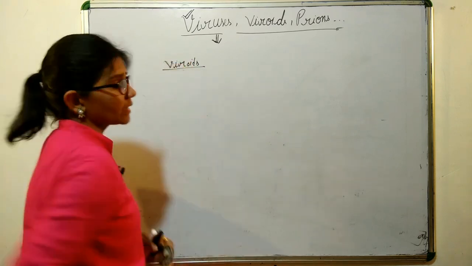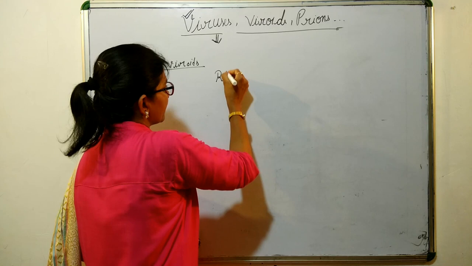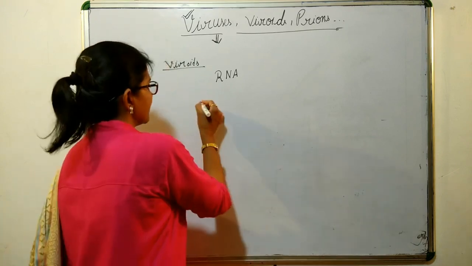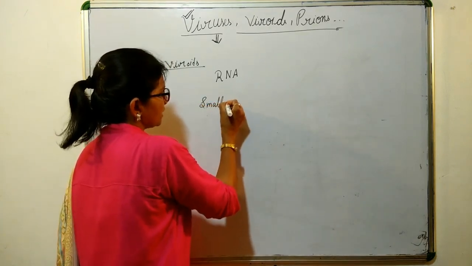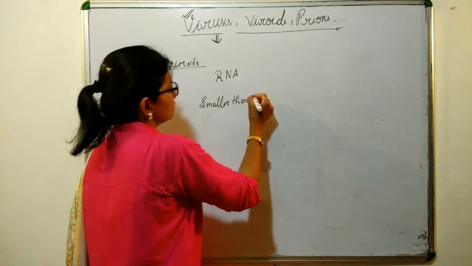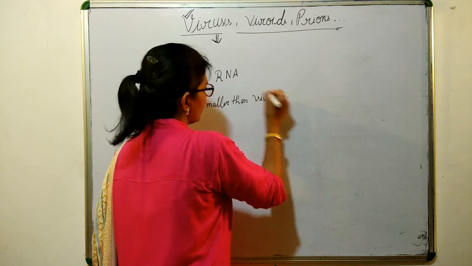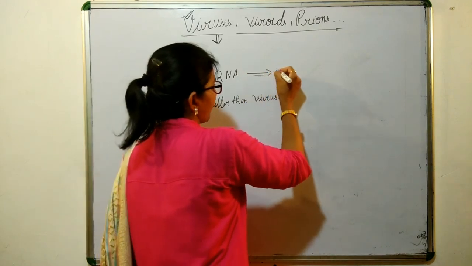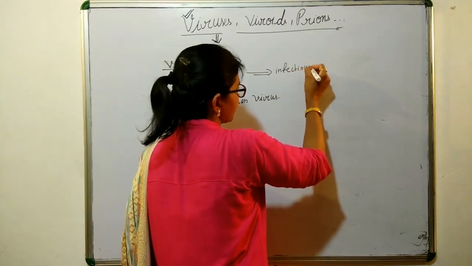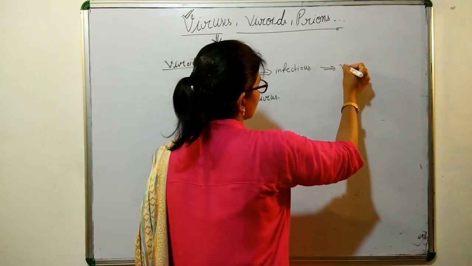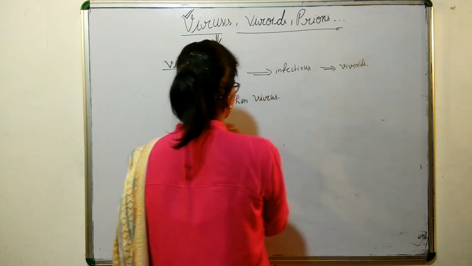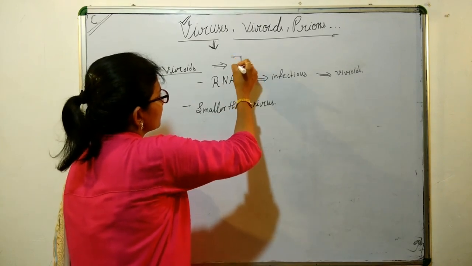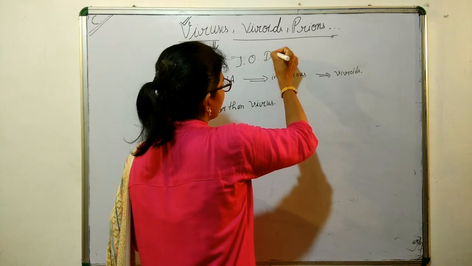Viroids. If any RNA particle without any protein coat, smaller than viruses, first thing. Okay, any RNA particle which can infect, or infectious RNA particle, is known as a viroid. Where was it discovered? They were discovered by Theodor Otto Diener in